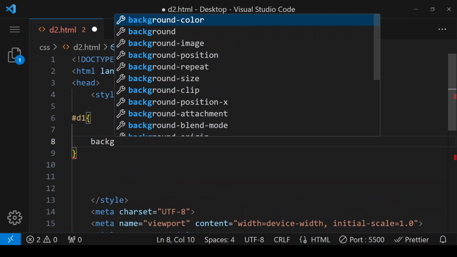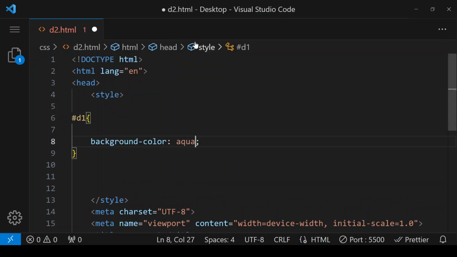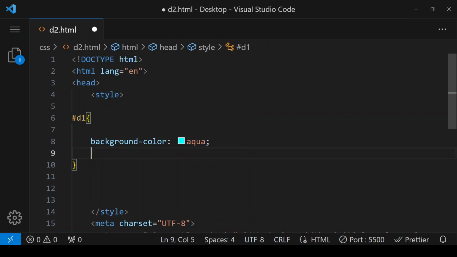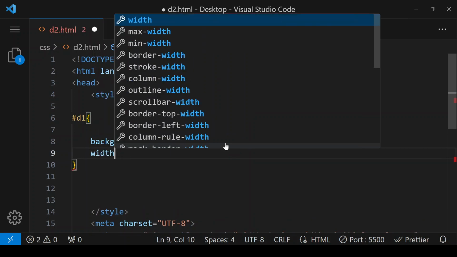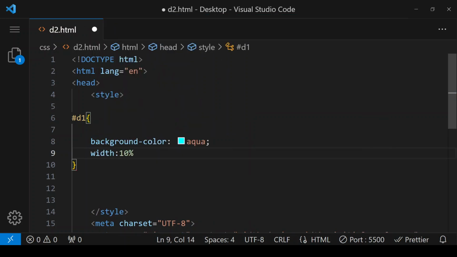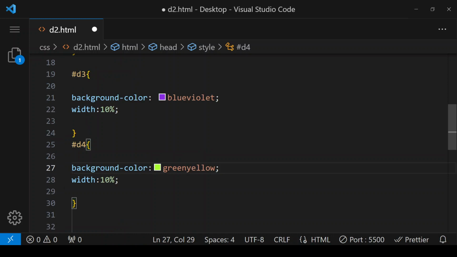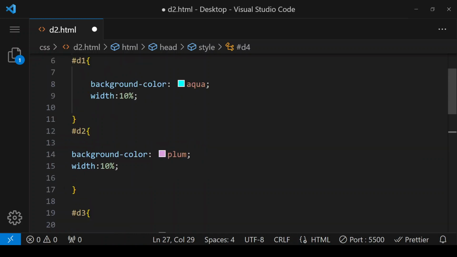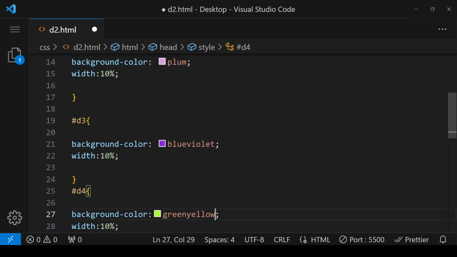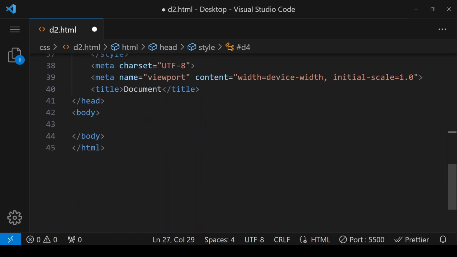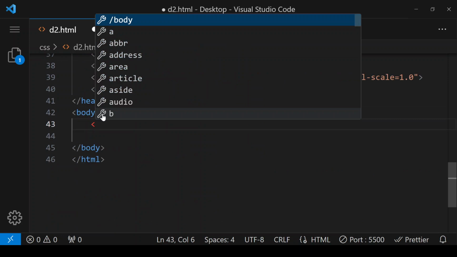Background color, I'm giving is aqua, width to 10%, and similarly I will be creating D2, D3 and D4. So here I have created four ID selectors D1, D2, D3 and D4, and here in the body section I'm giving